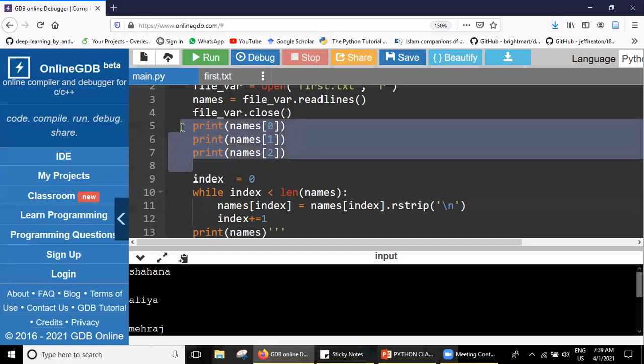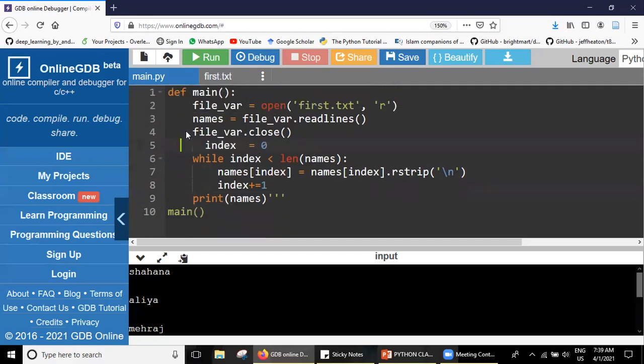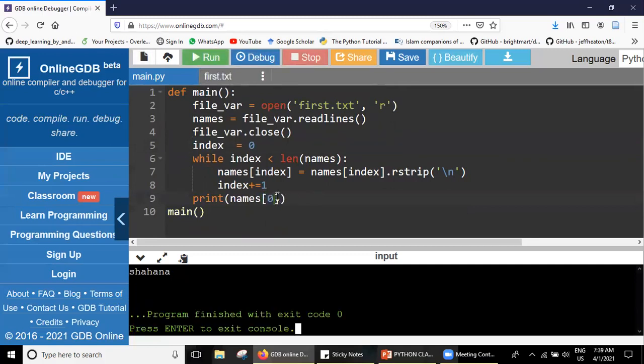Yeah, you can understand the difference that we are getting here: we are not getting the slash n in this case when we are trying to strip that slash n.